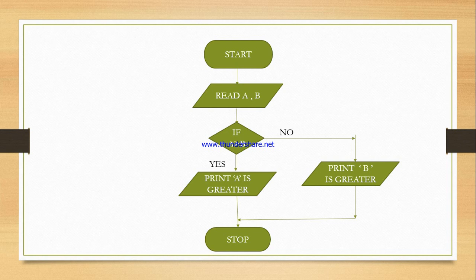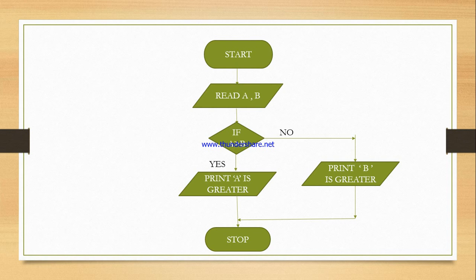Then come your two numbers, A and B. So read A and B. Whenever you have two numbers, or three numbers, you have to use read. Input is for reading; you are reading the numbers. Read A and B. Then comes if. Now here we will be making a decision whether A is greater or not. So here we need a decision box. This diamond shaped box is your decision box. Can you see? This is your decision box.